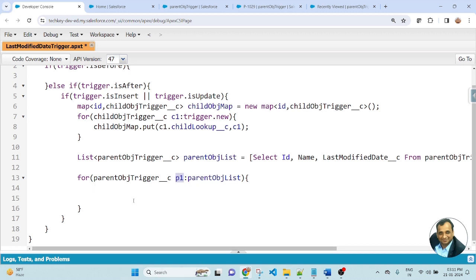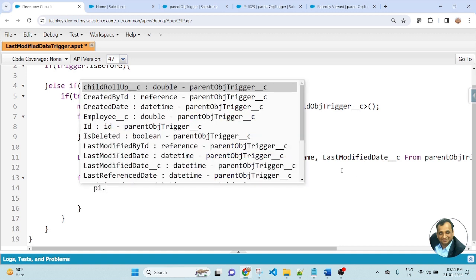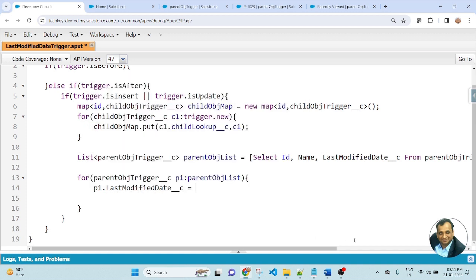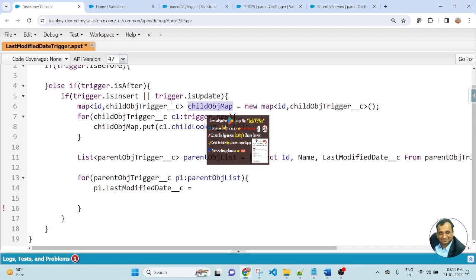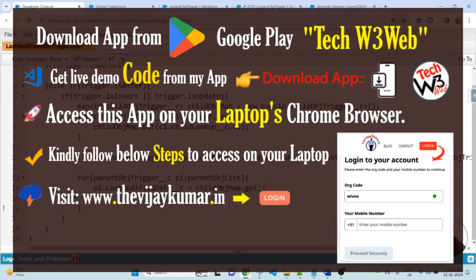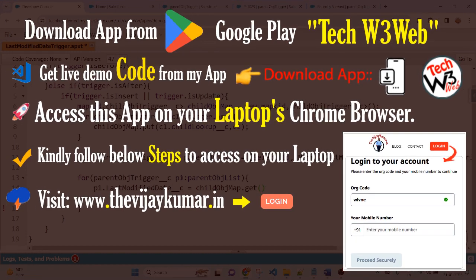So p1.last modified date, a custom field of the parent object, equal to the last modified date value of the child object, which we will get from the child object map. This is the child object map dot get. Here I will find the related list of the parent object Id, p1.Id dot last modified date.